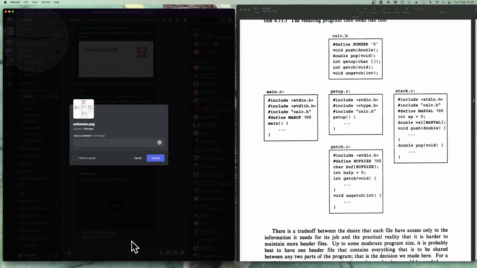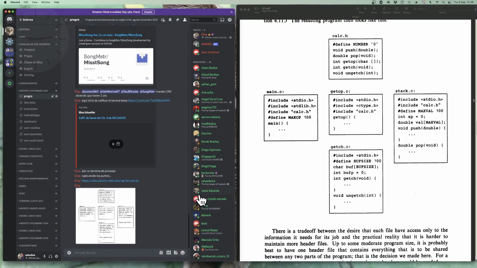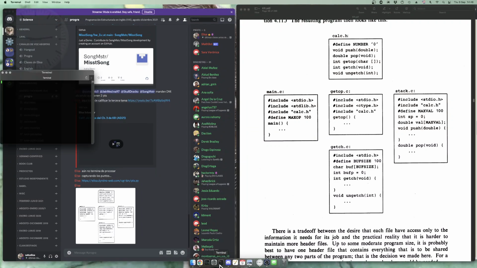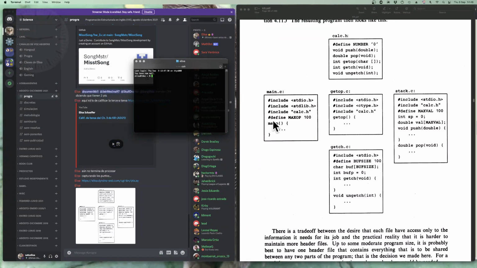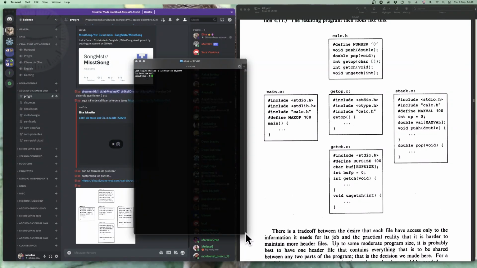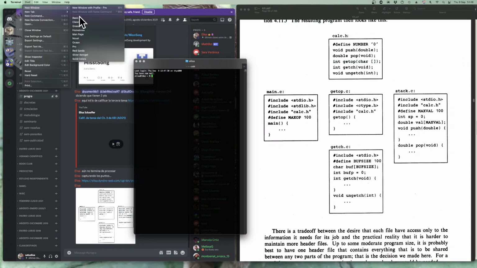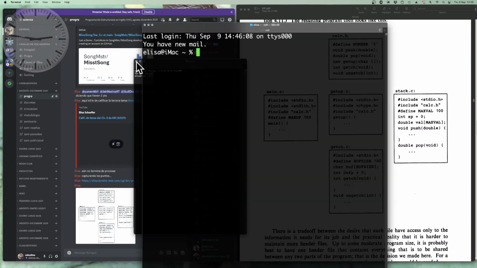So the first thing we're going to be learning today is header files. We could make a program that consists of more than one source code. So we could make several different C files. Then we could make a H file, which is the header file, that says what are the functions that we're actually going to be providing. So in order to do that, we're going to first modify, in a much larger terminal,